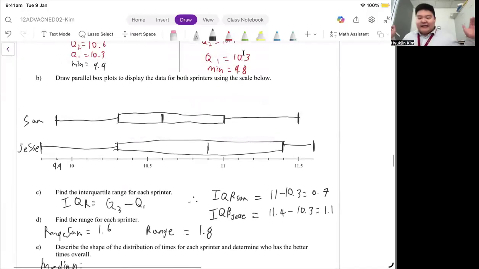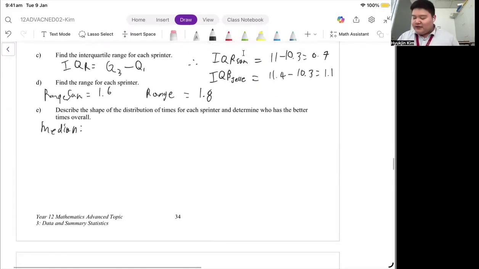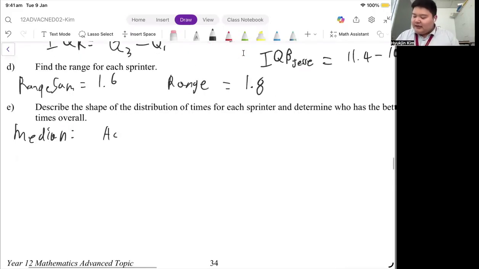Well, clearly, the lowest record that Jesse had is definitely better than Sam's, but also the worst record is worse than Sam's. It's much more extreme. But at this point, we're not going to worry about that. We're just going to worry about the median. Clearly, the 50th percentile for Sam is definitely in a lower range than Jesse's. So as Sam's median is lower than Jesse's,